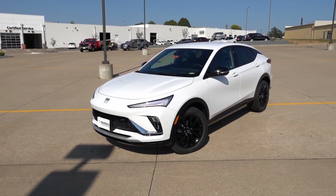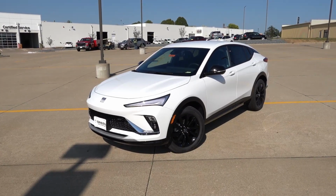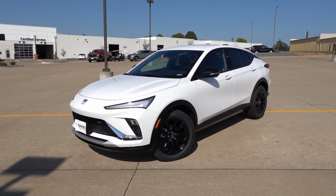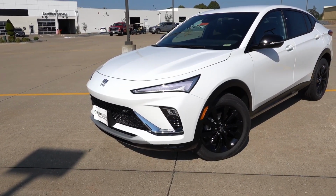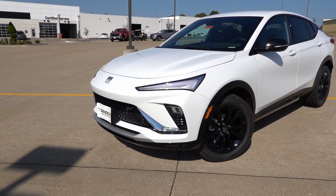So the Envista in front of us is finished in the Summit White exterior with the ebony blue accented leather interior. Now this one being a Sport Touring does get some of the unique sporty elements on the exterior as well as the inside to differentiate it from some of the other Envista trim levels, including the Preferred as well as the Top Avenir. So at the front end, you will get some of those unique design elements